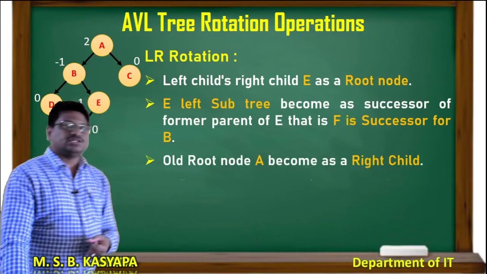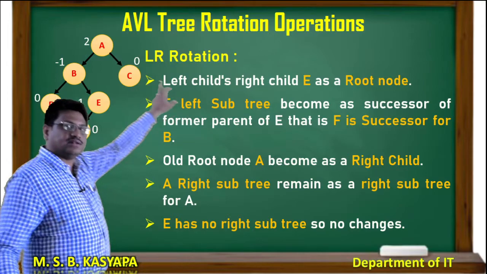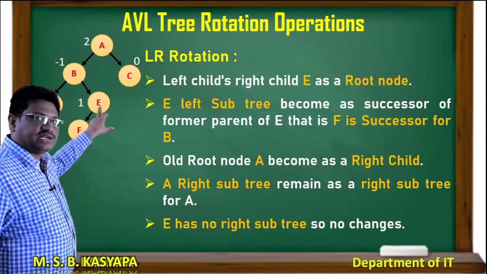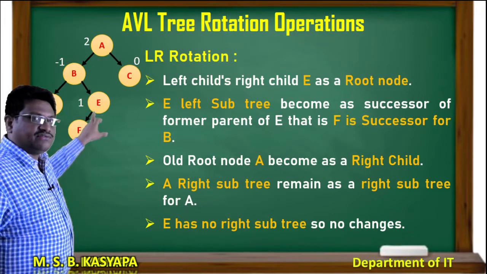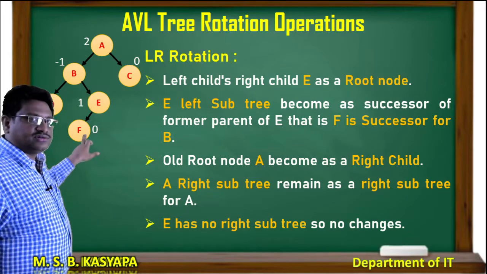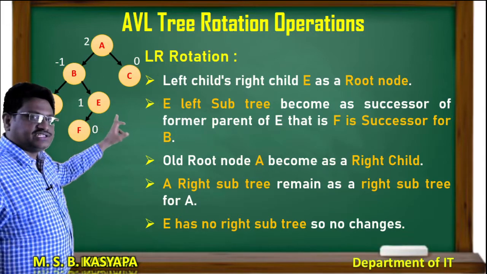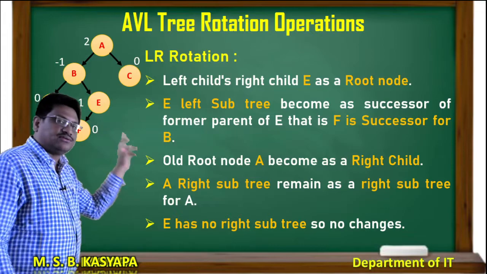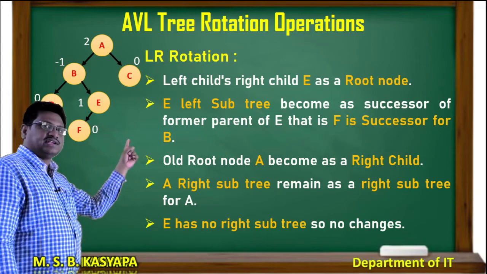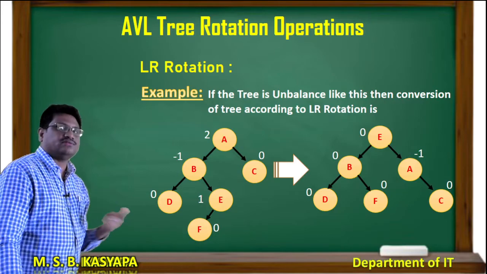Now, let us do the process one by one. So, first I have to take the first right child. So, left and right, left and right. So, the first right child E becomes the root node. Now, if it has any left subtree, that is F, it should be linked with the parent node. So, F is linked with the B. After that, root node A becomes a right child, and if that root node has any right subtrees they remain the same, and if E has any right children, they move to the right subtree, but it does not have any children, so no changes. Okay. Now the final operation is like this.